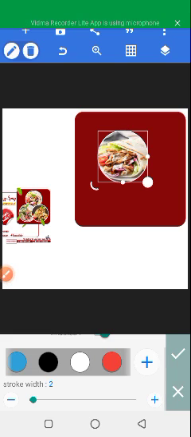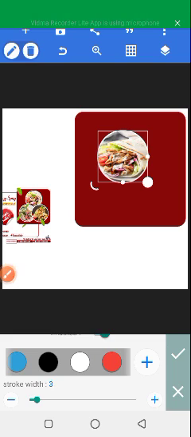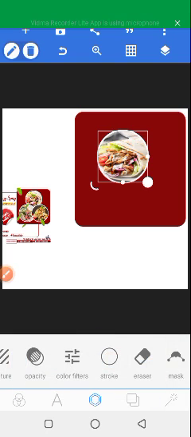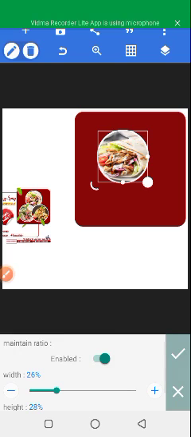Okay, so increase the stroke weight to like 4% is okay. Then you can mark. All right, then the size of this particular circular form is